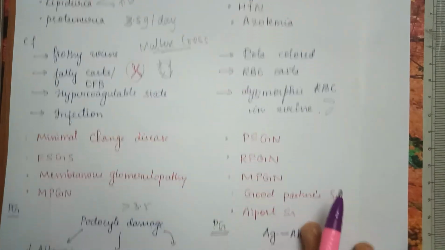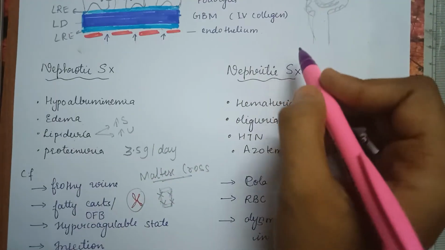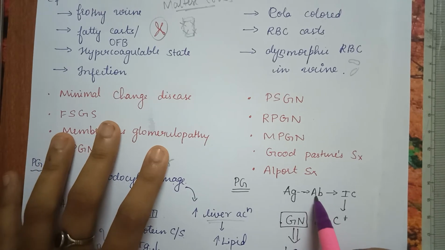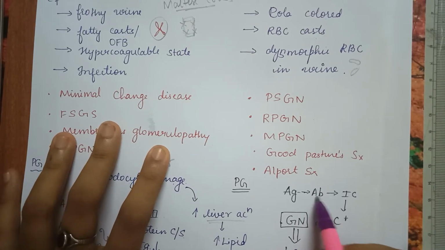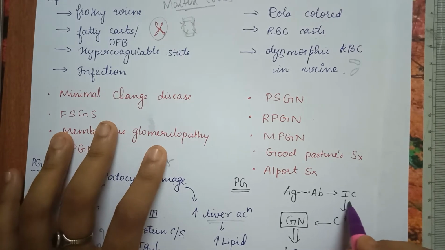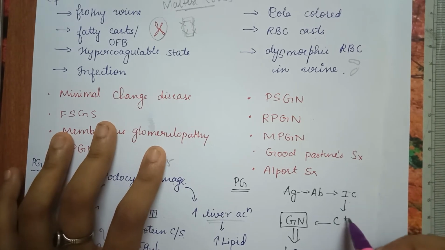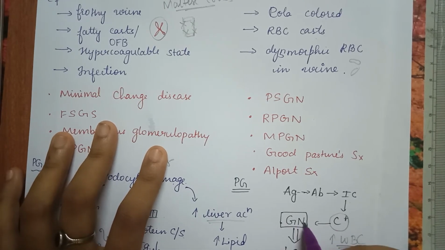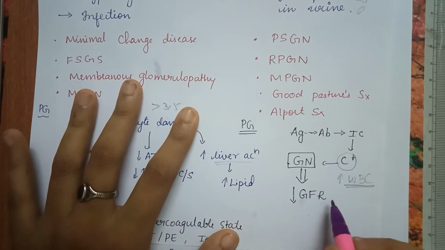When I consider nephritic syndrome, this is simple. Nephritic syndrome, I for immune complex. Basically what happens here is, this is antigen. If there is antigen there will be formation of antibody in our body, therefore there is formation of immune complex. This immune complex will lead to activation of our complement system. When the complement system activates, there is a lot of influx of WBCs. Mainly there is inflammation, there is formation of glomerulonephritis, that is inflammation of the glomerulus, which will lead to decrease in glomerular filtration rate. That is, now this entire glomerulus is not functioning.